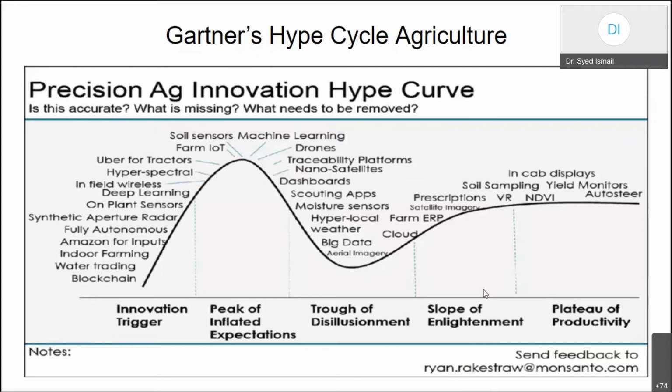Then comes the slope of enlightenment, where you try to realize what is useful. Then comes the actual plateau of productivity. Now, this is not my opinion. I took a lot of pictures from this person to show you. This is only for education purposes, and every copyright is appreciated here. See, for example, he says about VR, virtual reality, will come in the future, and NDVI, that's again about plants, seeing the color of the plant. To tell you simply, I don't know how many of you understand this. So here, similar is done for